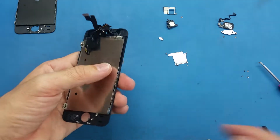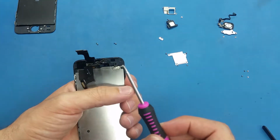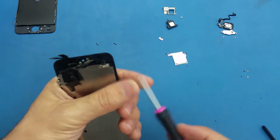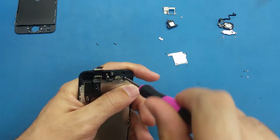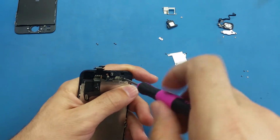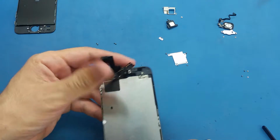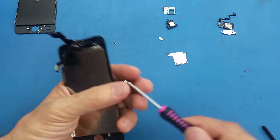All right, so the last screw is still here on the tip of the screwdriver. So I'm just gonna put it back here. I don't want to mix it with the other screws. All right, so it's here. So the second thing I'm gonna do, I will put these 4 screws back,